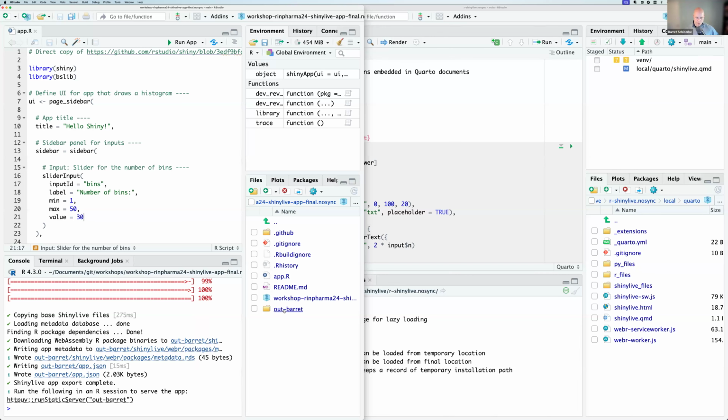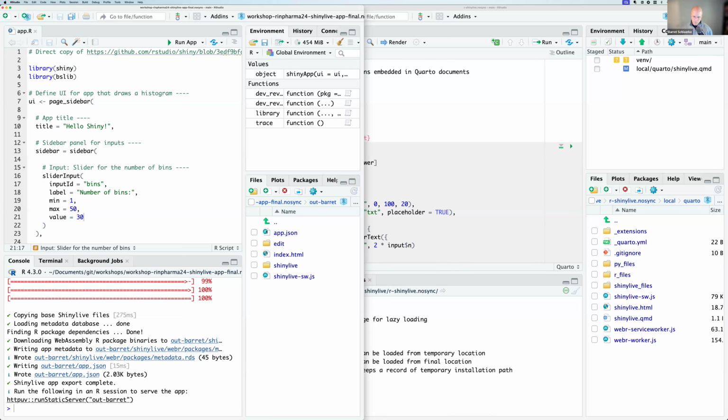The out folder, out Barret, exists. It's got an index.html, and that index.html will load all the other files. Every file must be transported if you were to move it. It's not like a self-contained R Markdown file where you can just have like a 50 megabyte HTML file. Instead, we need all of them in separate files.